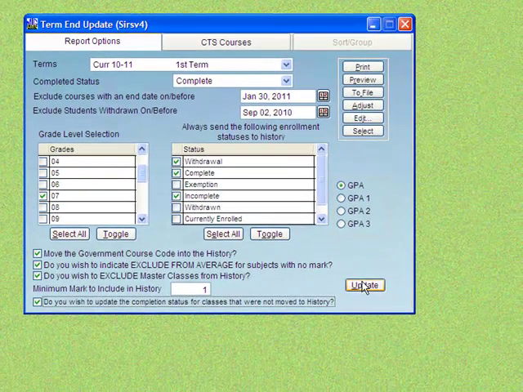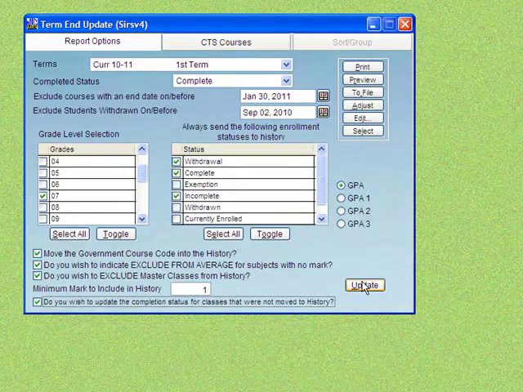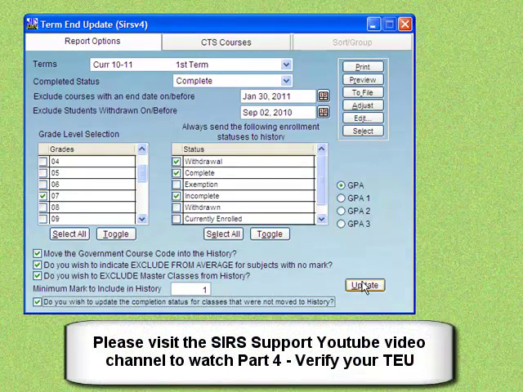This process takes a couple of minutes, but it's very important that you do not interrupt it by using your Control-Alt-Delete. Once your term end update process has been completed, please watch step 4 of our video series on term end update, which will take you through verifying and checking the term end update process to ensure that it completed